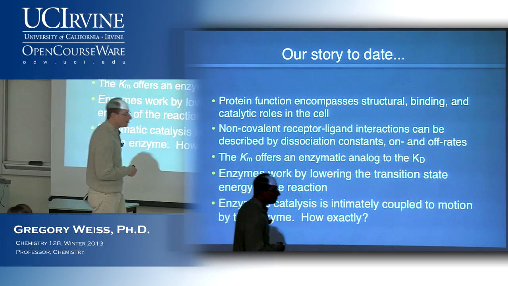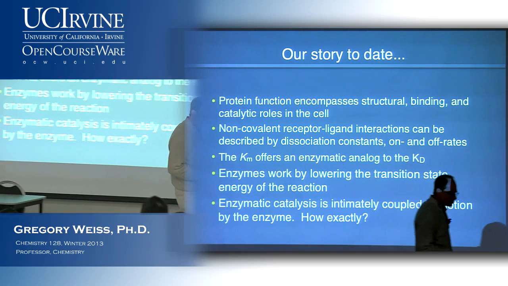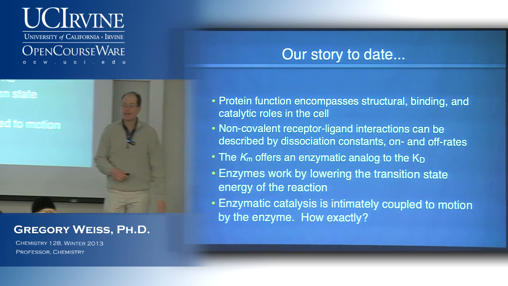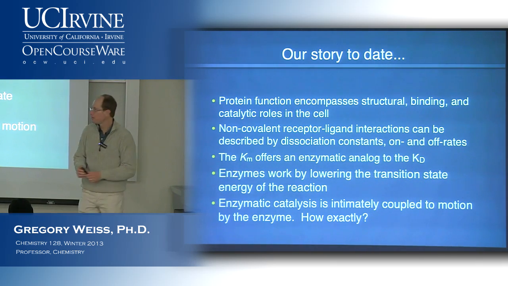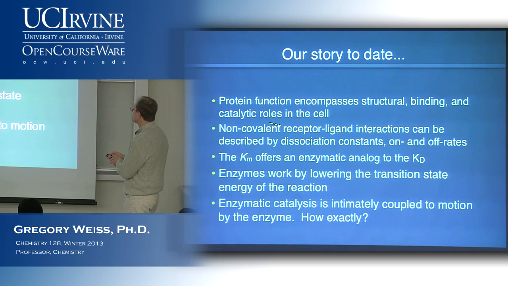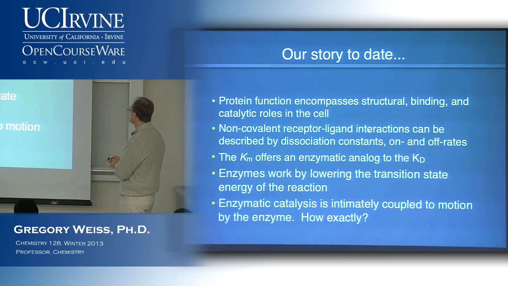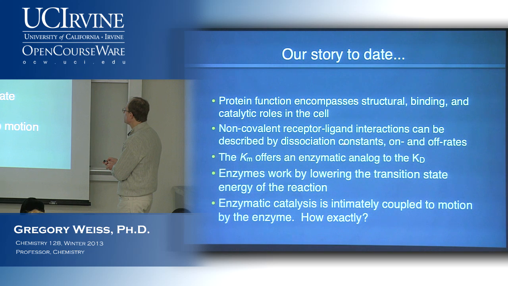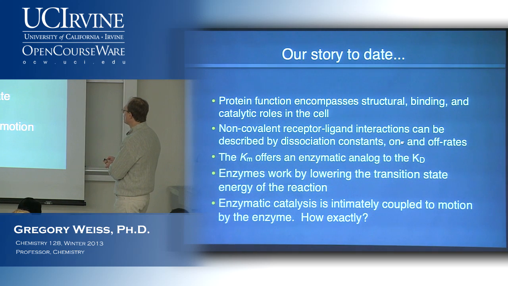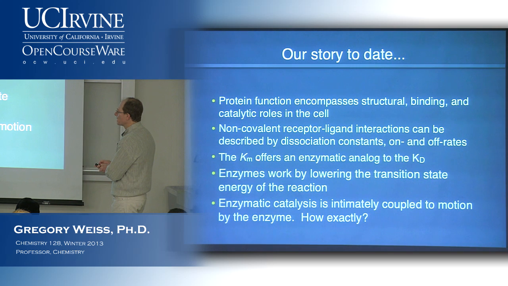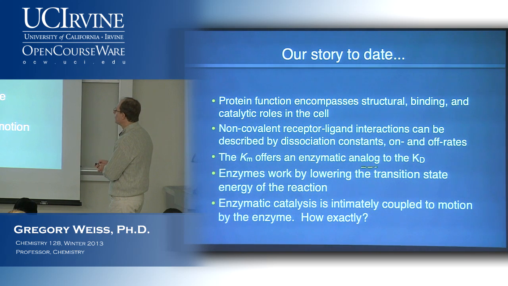And I want to just very briefly take a look at that in a moment, but I just want to emphasize something based on some questions that I got during my office hours. We talked about how non-covalent receptor-ligand interactions can be described by dissociation constants and an on-rate and an off-rate. We're now at the point where we're going to start talking about this Michaelis-Menten constant, Km, which is an analog to Kd. And something that I touched on at the very end of the lecture is enzymes work by lowering